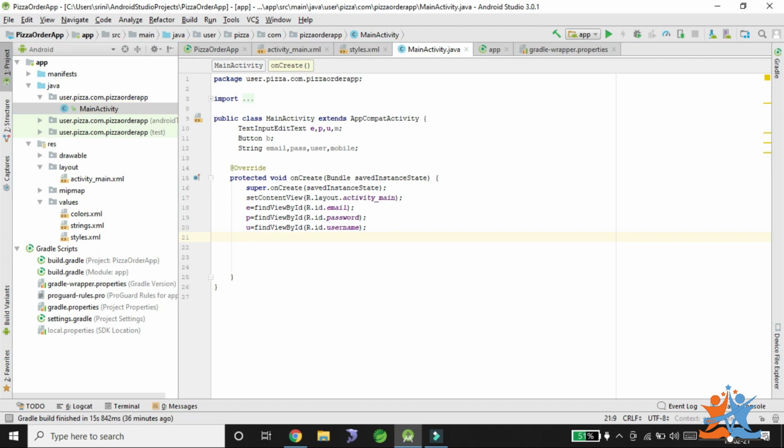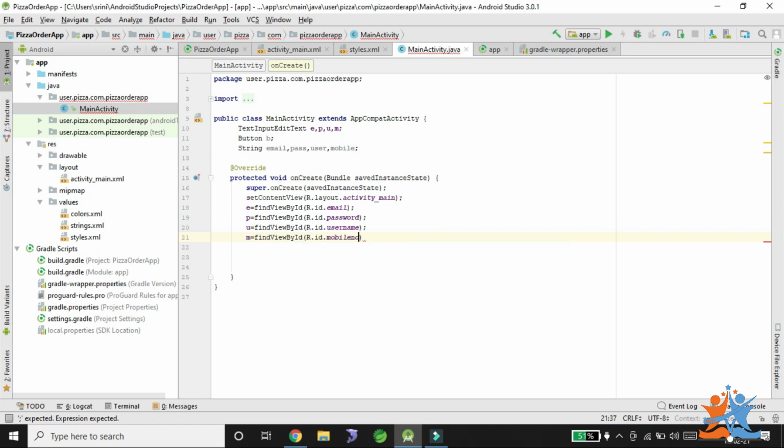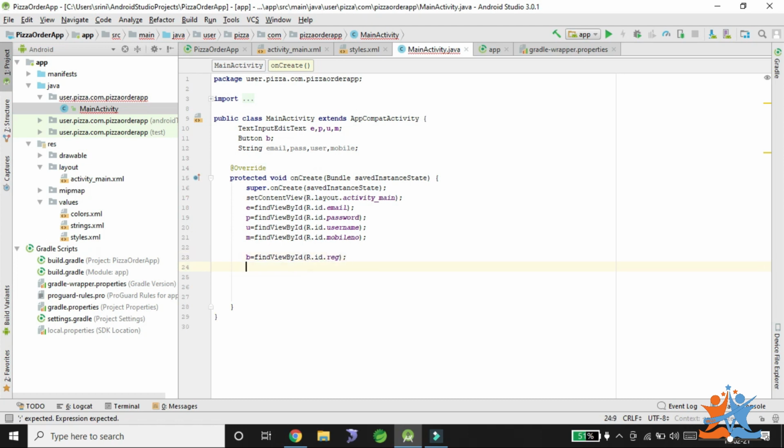The next one, mobile number, equals findViewById R.id.mobilenumber. Like that we need to identify. After that we need to go for the button: b equals findViewById R.id.reg. Okay, like that we have identified.